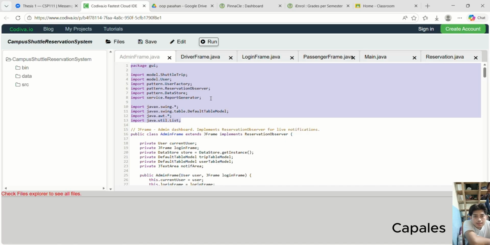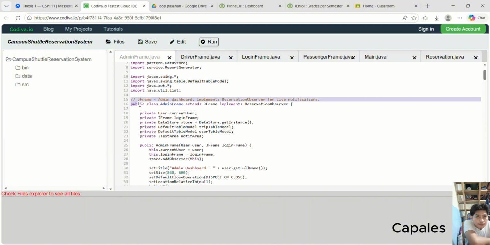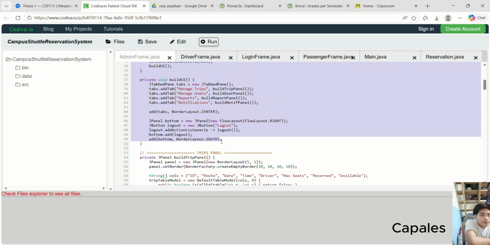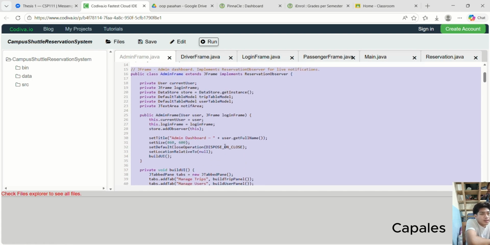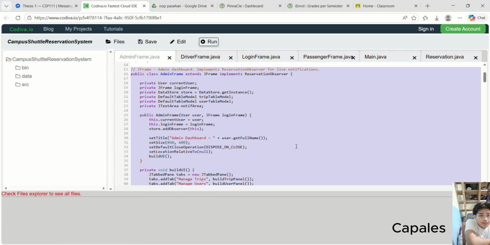And the next is JFrame admin dashboard. The build UI method organizes the entire dashboard using a JTabbedPane, separating features into four main sections: manage trip, manage users, reports, and notification.